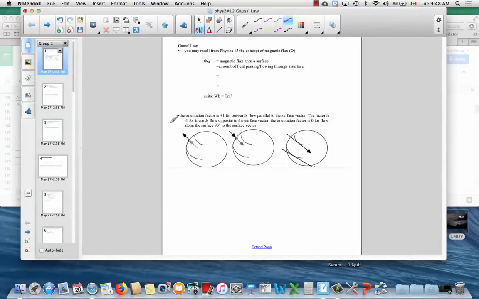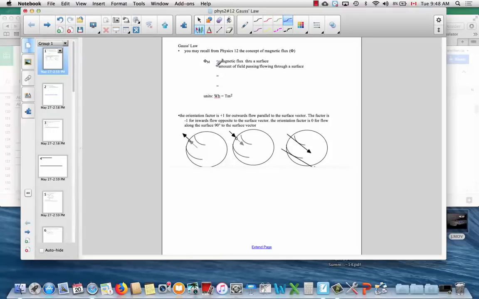So this will be a conceptual introduction to the concept of flux and a build-up to Gauss's law. We'll do Gauss's law examples in class. Now, we'll start with the concept of flux, which we've already seen in the prerequisite course in Physics 12, where